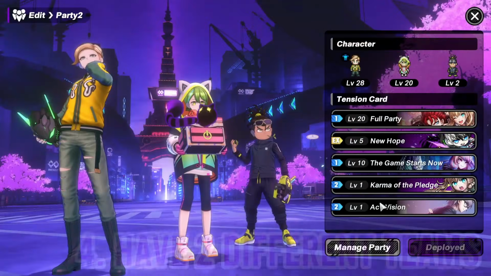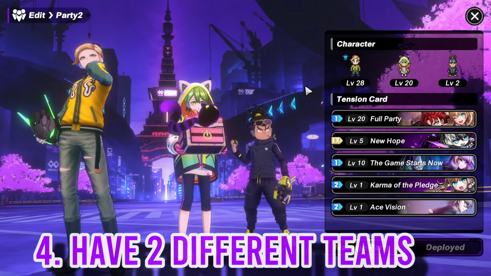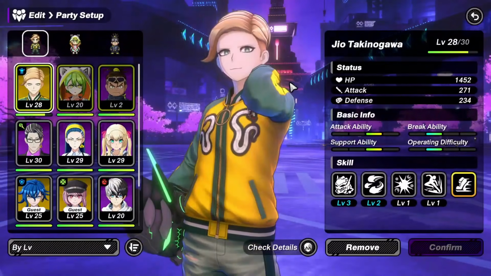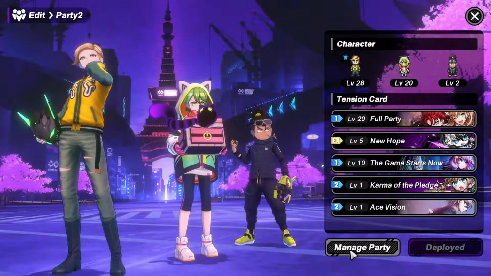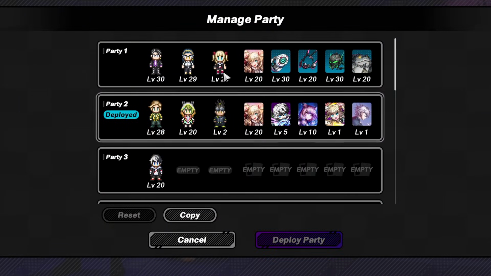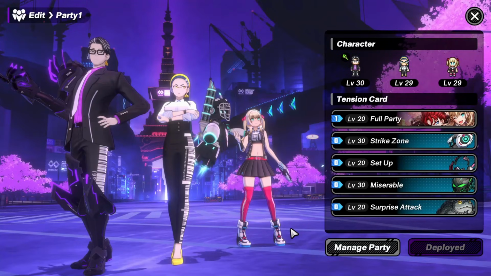This leads into my next point, which is that everybody should be running 2 teams at the very least. 1 team for the overworld and 1 team for boss fights and tougher enemies. This way you don't have to constantly modify your teams. And then you have 1 build, the overworld build, with a lot of tension 0 and tension 1 cards,